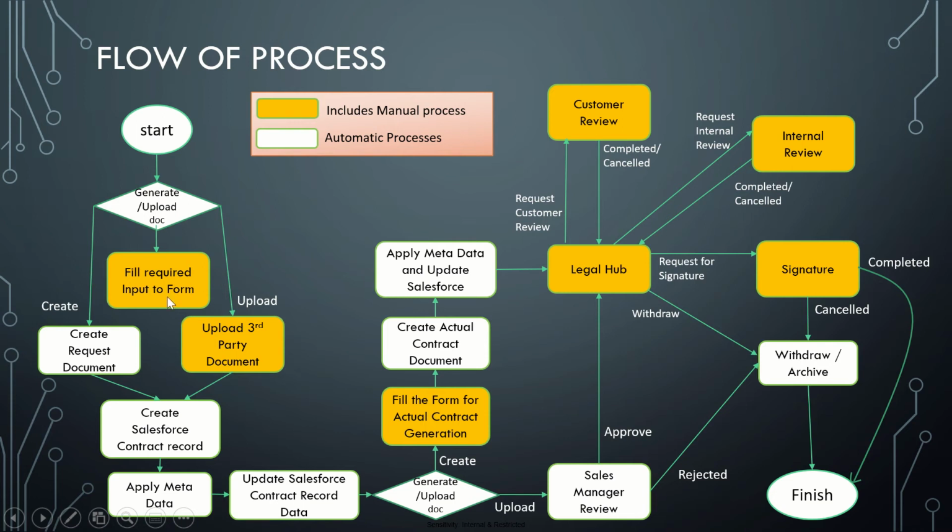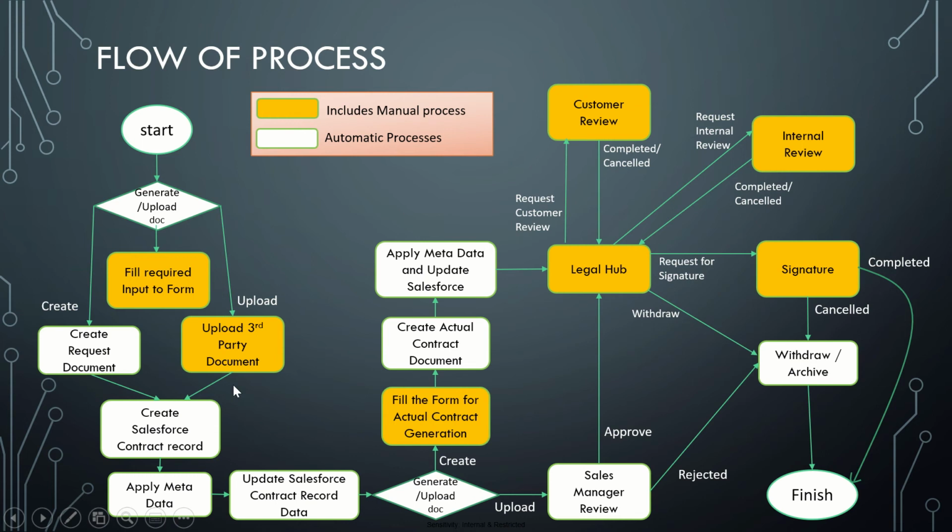So filling of the form will contain some editable fields. It will take the user input, and some values are taken from Salesforce as well, like the account number and vendor details. So after the details are taken, the document is ready. After creation of this document, it is a request document. It means when he selects the create document step, there will be a different path to generate the document, and upload is a different path for the other process. It will be explained later.